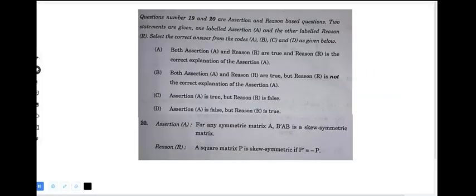Question number 20, it says here, for any symmetric matrix A, B dash of AB is a skew symmetric matrix. So if you take here A dash is equal to A, then B dash of AB whole dash will be equal to B dash of AB, that will be symmetric. So now if you take the LHS and prove this LHS, we get B dash of AB